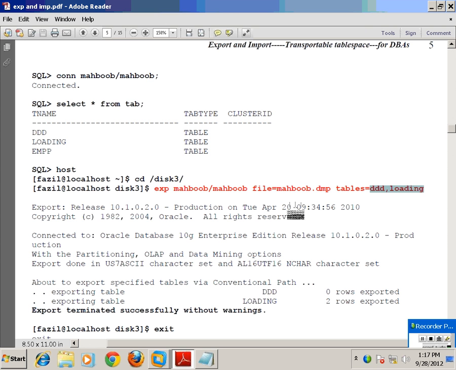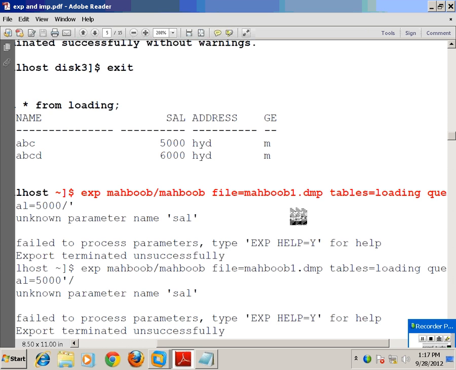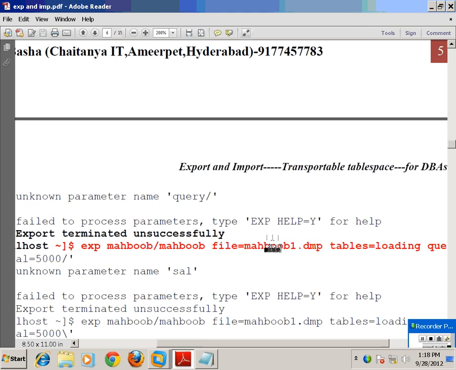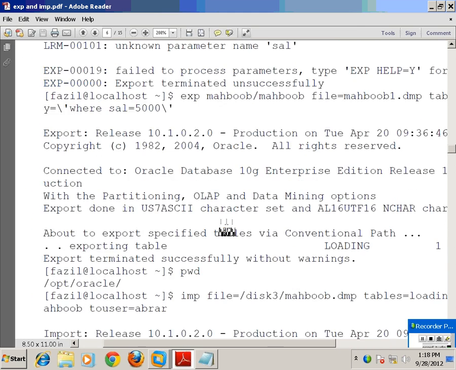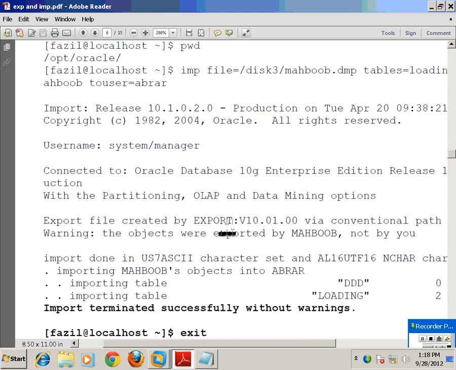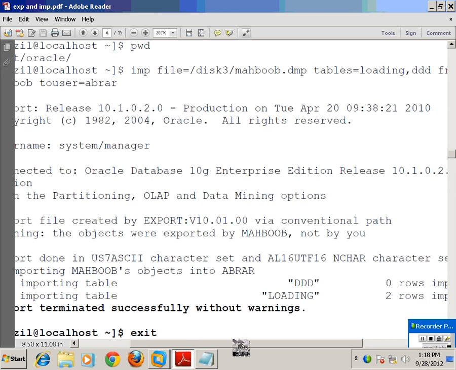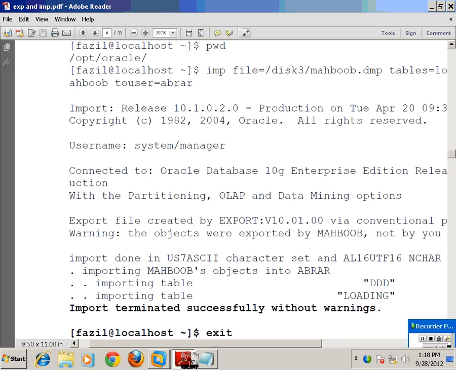The tables you can give as many as you want. The exporting user exports only that user's tables. How to use the query parameter? You can use it like this.